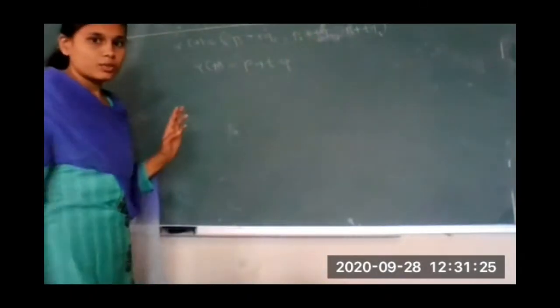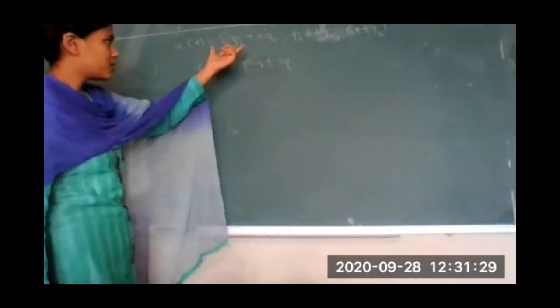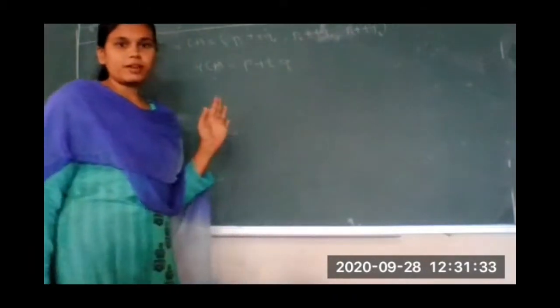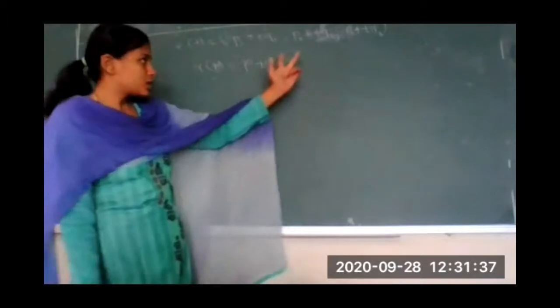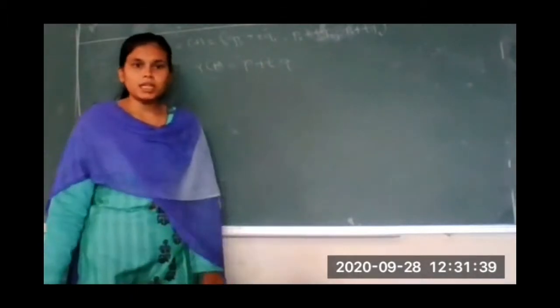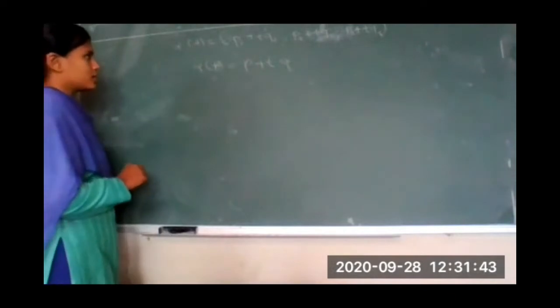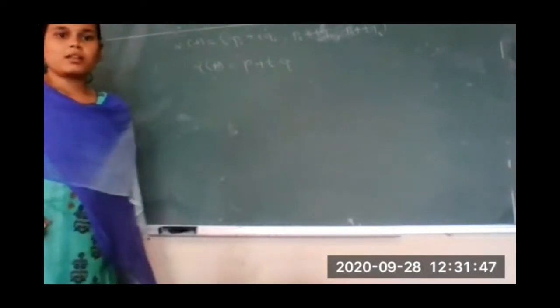So in general we can now have alpha of t in terms of alpha 1, alpha 2, alpha 3. What is alpha 1? P1 plus tQ1. Alpha 2 is P2 plus tQ2. Alpha 3 is P3 plus tQ3. So this is the equation of a straight line, P plus tQ.